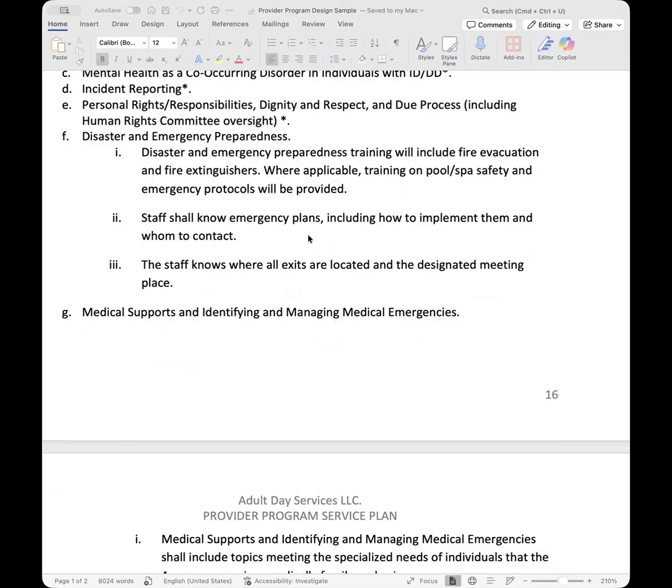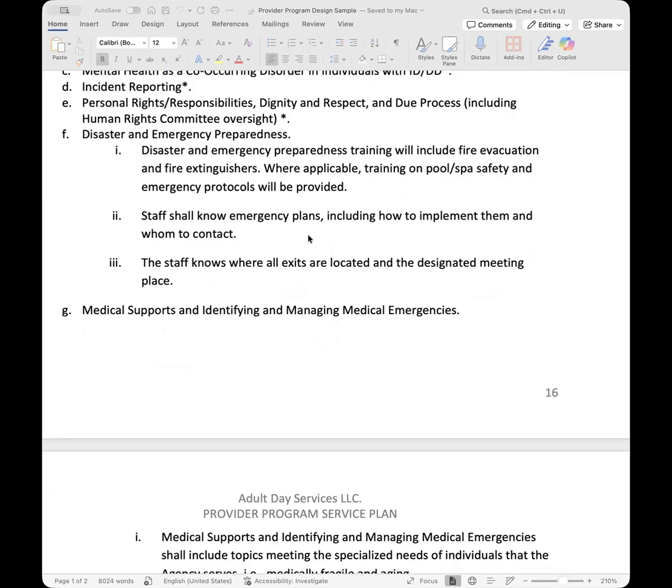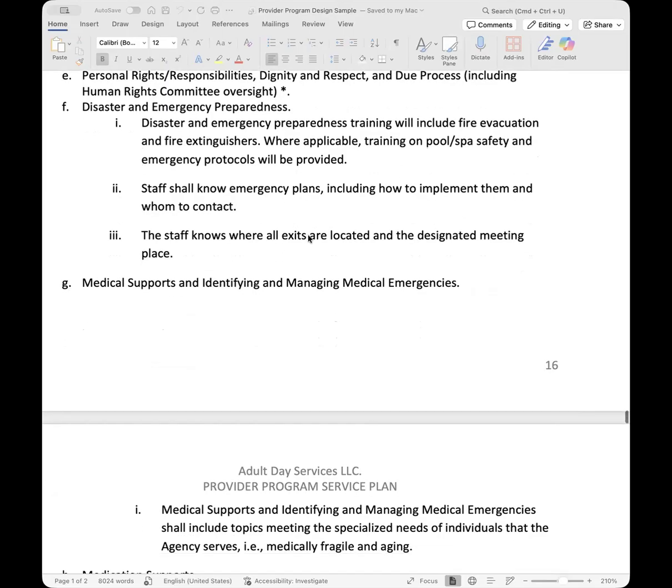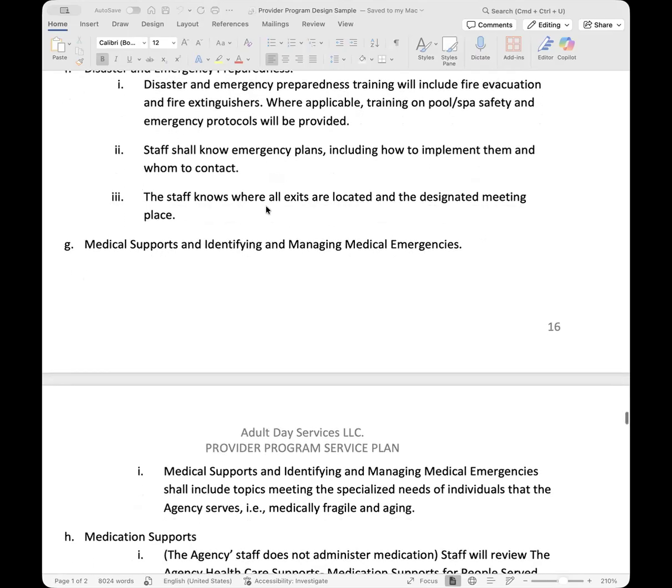Even if I had one agency that had a pond in the back of their agency. So for that reason, we had to put something in place for safety because it was very close to their agency, and it could become a hazard. So you need to have emergency plans. You need to make sure your staff is trained on the emergency plan. So, who to contact, where to go, what to do needs to be included in the plan. We will go over this emergency plan when we get to policy and procedures, so don't worry.